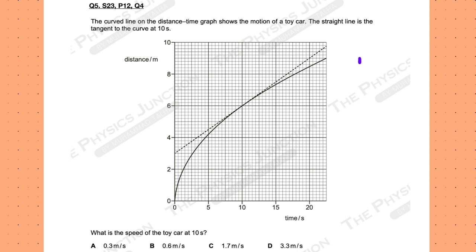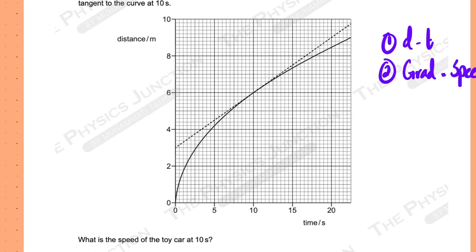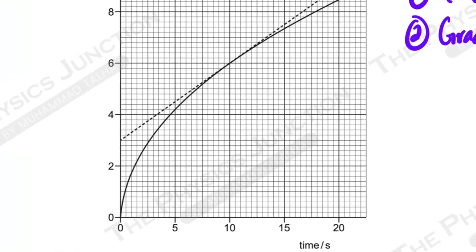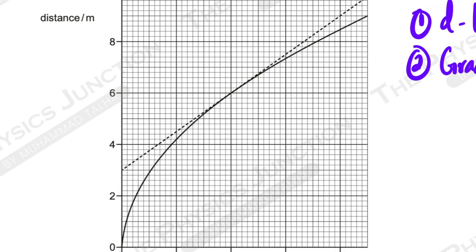Again, I know this is a distance time graph. I know that the gradient is speed. So if I need to find the speed at 10 seconds, I basically have to find the gradient, right? So if I just zoom into this graph, I just really need 2 points. And whenever working with graphs, try to choose points at the extremes because those are the ones which are easier to read. So this value is 3, so one coordinate that I have is (0, 3),